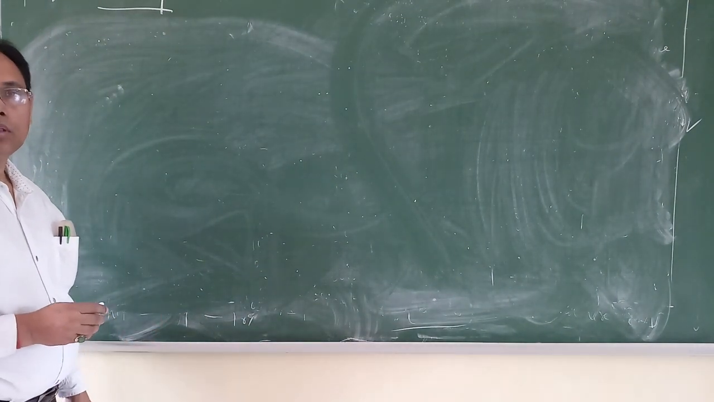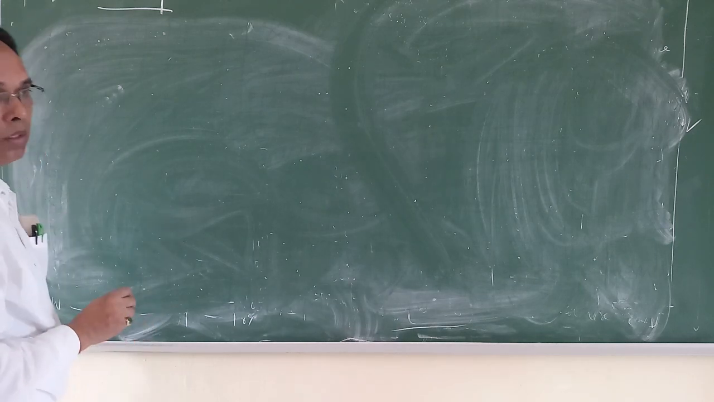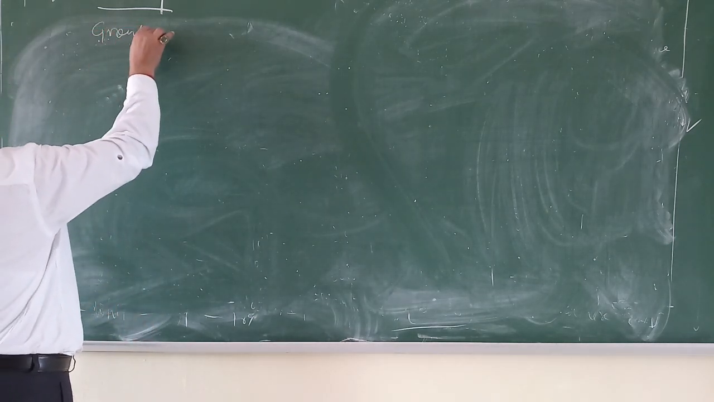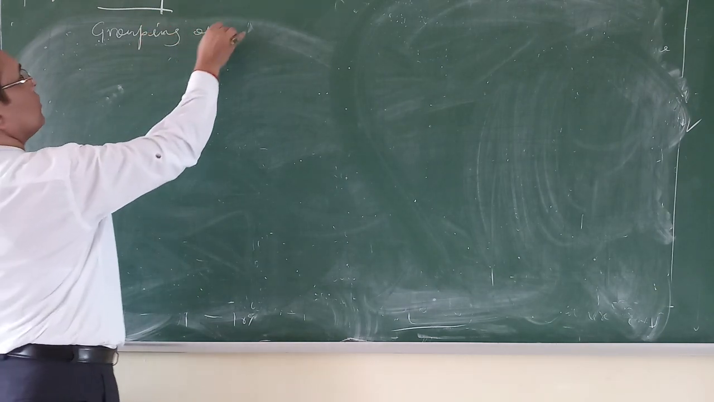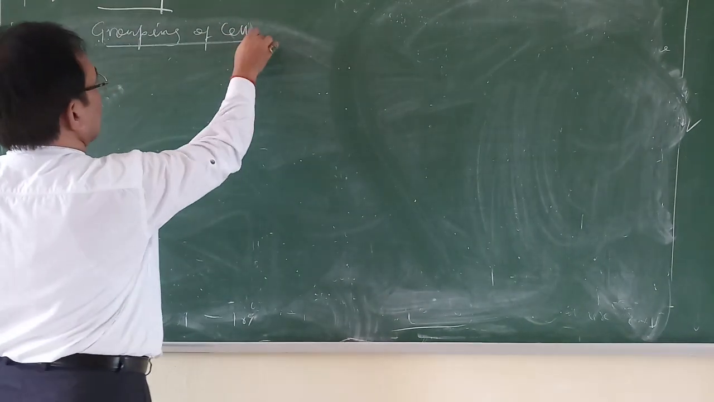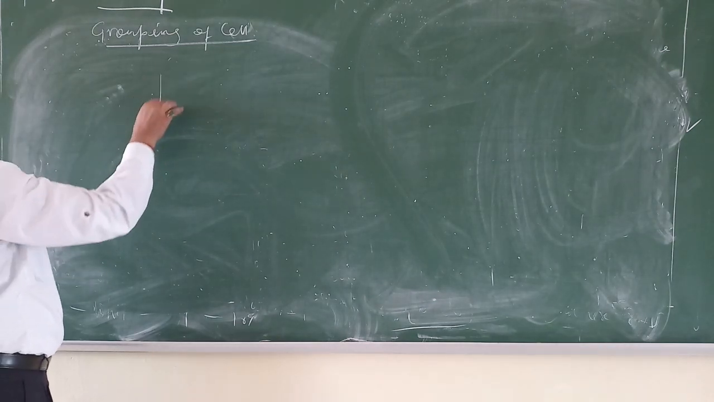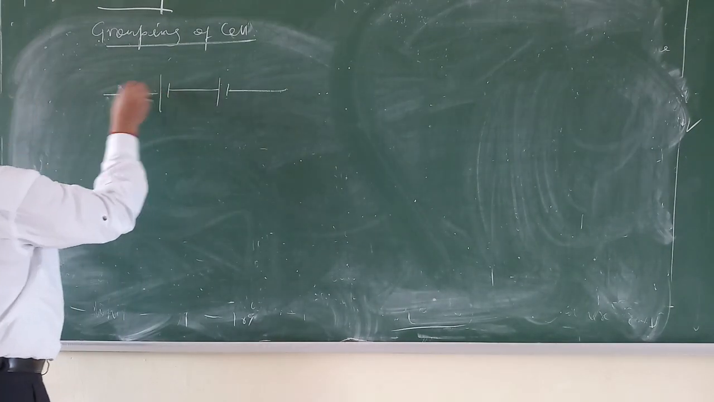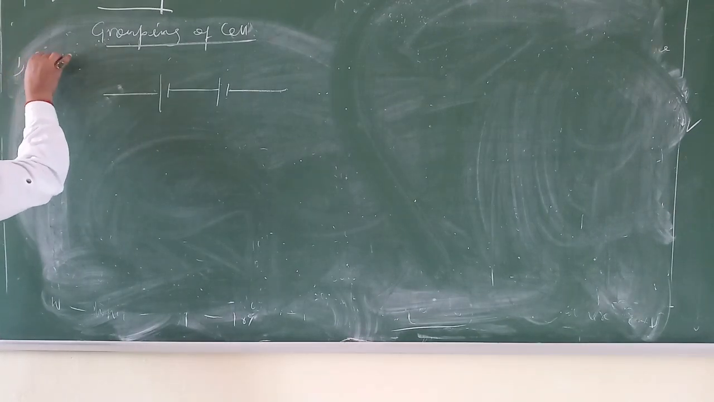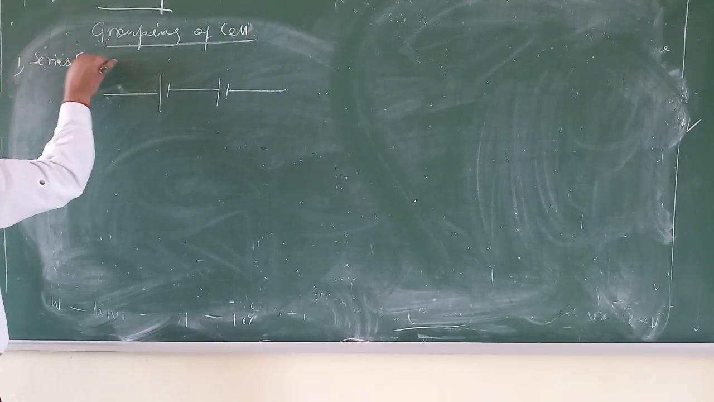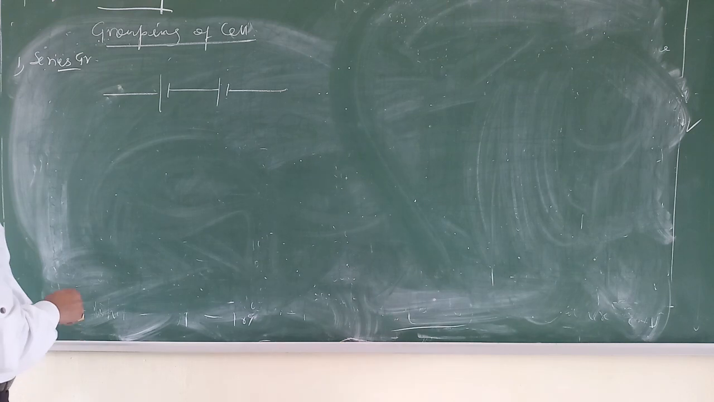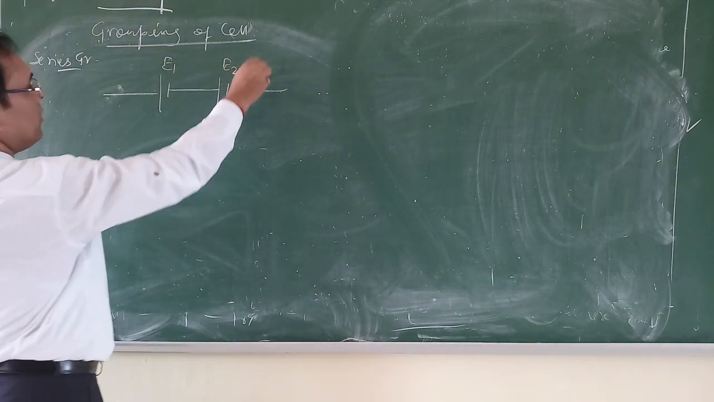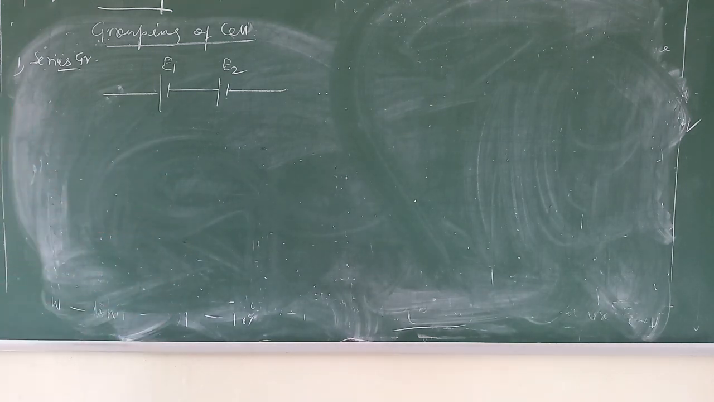We will do the grouping of cells. Suppose two cells are connected in series. This is for the first, series grouping. Let the EMF of this cell be E1, and the EMF of the other cell be E2,